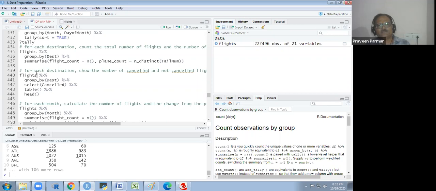So what we are doing here: group by destination, and count the number of cancelled and not cancelled flights. We select the column cancelled and make a table.